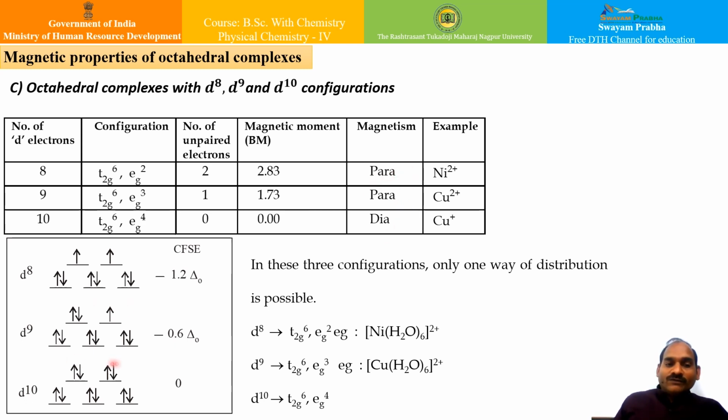So the electronic configurations are shown over here, the possible electronic configurations, but there is not much possibility of forming different kinds of complexes, and therefore the only possible configurations are represented over here. It is also interesting at the same time to note the magnetic properties of tetrahedral complexes as well,